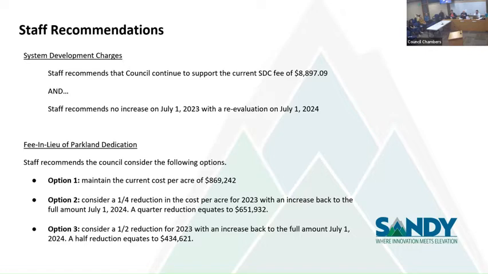They see this in every city. SDCs go up, methodologies change. I think they understand that to some level. And yeah, it jumped $5,000, but other fees did increase too, and it's comparable to other communities. But the fee in lieu portion, especially when you're not dedicating parkland, and now you're coming in after you've already gone through your land use entitlements and you're paying another fee to the city, and that fee went from $4,000, $5,000 to $17,000. It's like, whoa, I wasn't expecting to write that check when I got this land use.